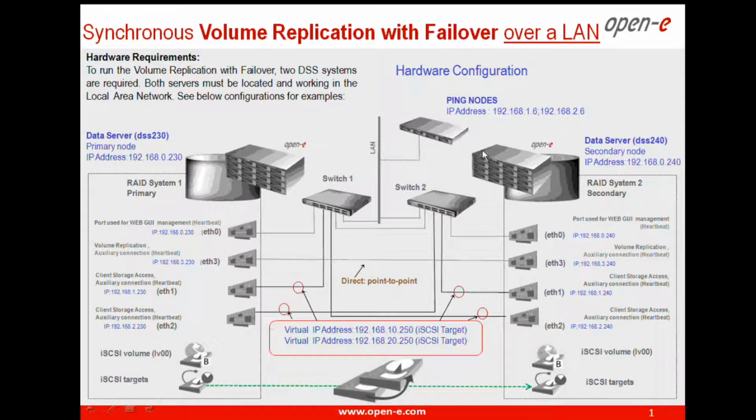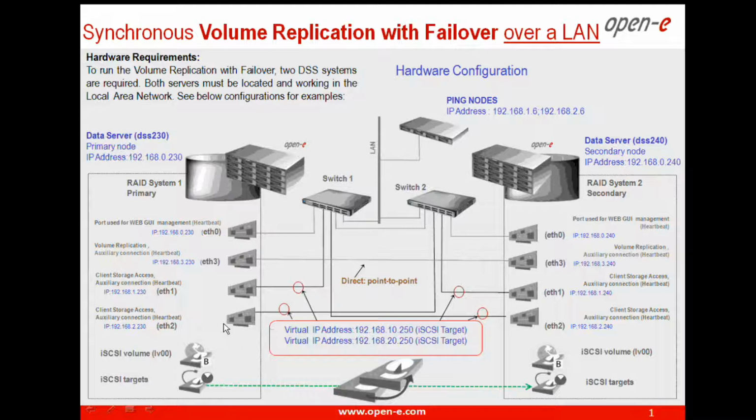Why 1 and why 2? As you see, for the client storage access, both cards are 1 and 2. So for the first card we have the ping node 192.168.1.6, and for the second we have 2.6. The ping node we need